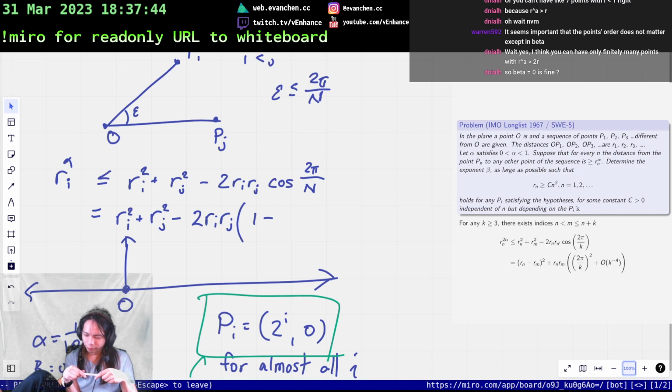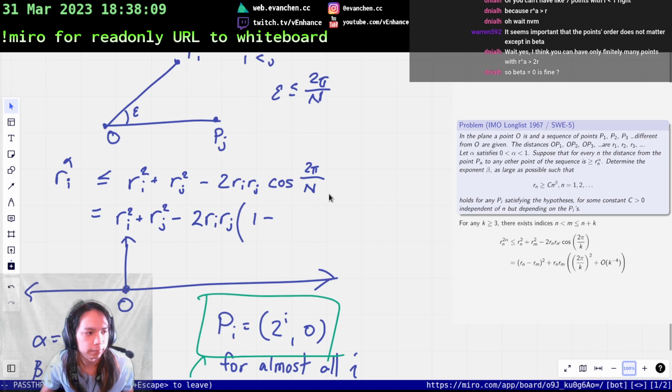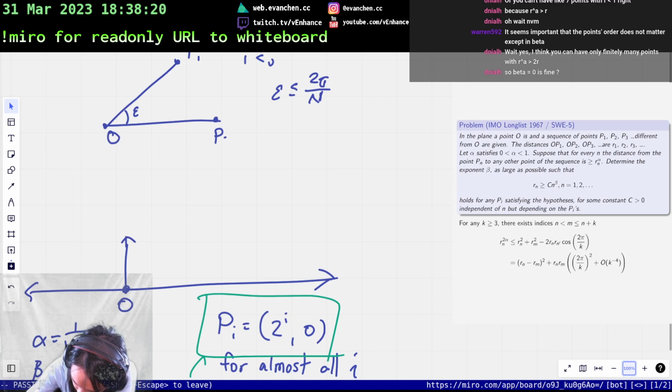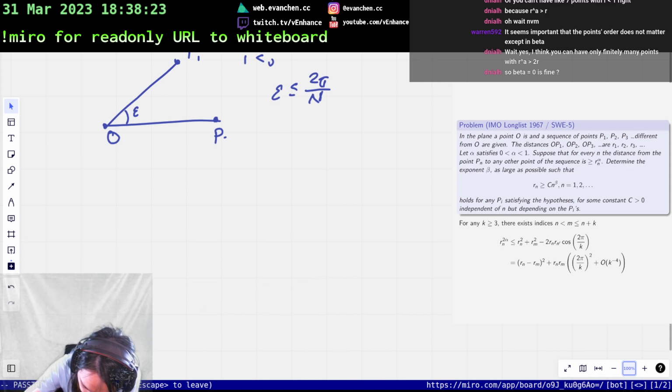So if anyone wants to confirm that the RIs are not increasing or something, that would be good. Because I want to try to write something down now, alright? I want to write down a sequence of points defined by... I don't need the law of cosines part here. I'm gonna erase this whole part too, actually. I want to say